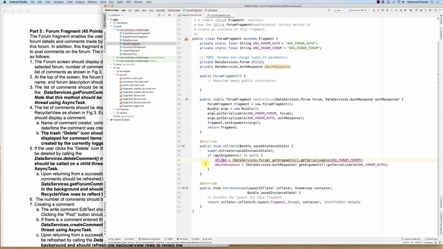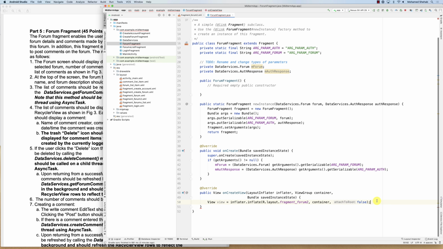Similarly, I'm going to cast it again, and here we are. So here is the forum, and here is the M response. So I'm getting the forum, I'm getting my auth response, and similarly, I'm going to do the view again. View equals this. Right, here we go. And I'm going to return